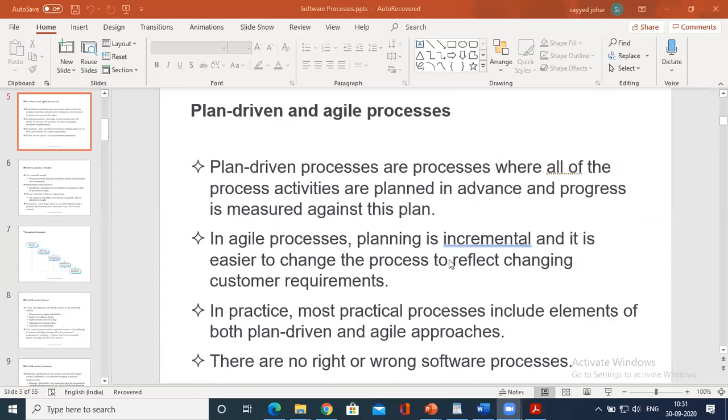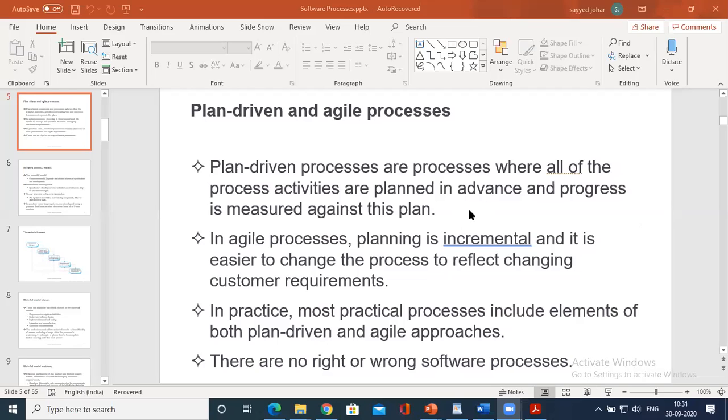Agile process. So there is a question from the chat session. See, first try to understand what is plan driven. Everything is planned. We have all the flow chart, the architecture that is being defined, and that cannot be changed. It is in advance.